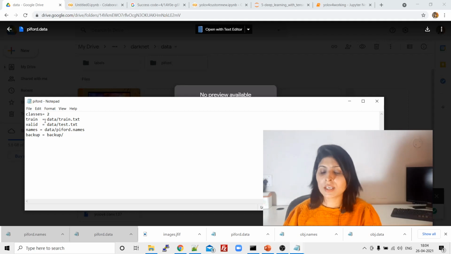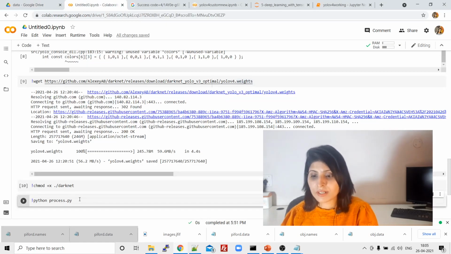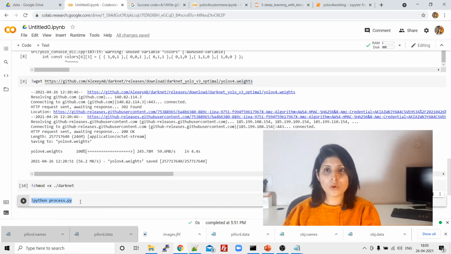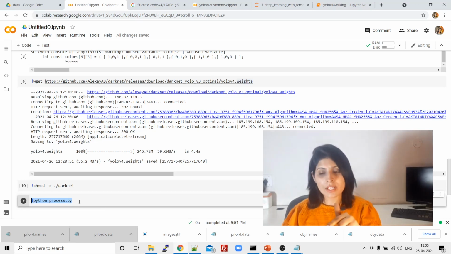So under the data folder, we need a train.txt file which will have the details of data which we will be using for training purposes, and one test.txt file. These train.txt and test.txt files will be created by running this process.py. Remember I told you we'll execute this step later. You will get those files after executing this code.